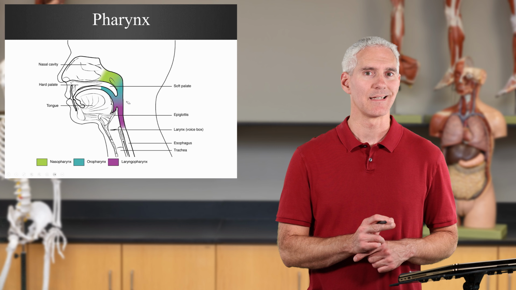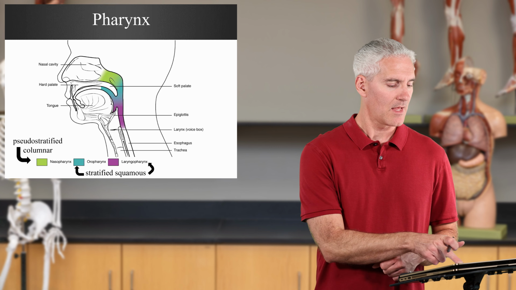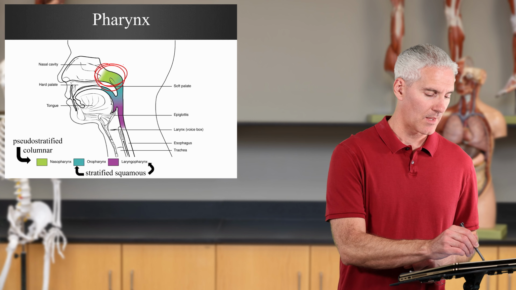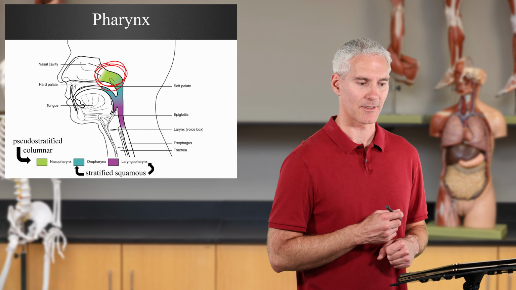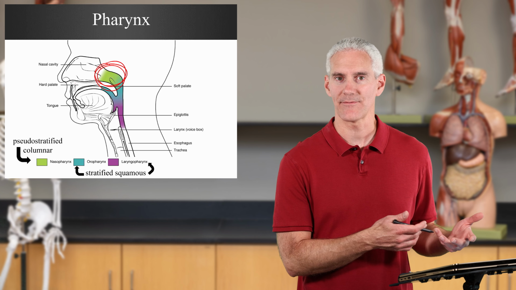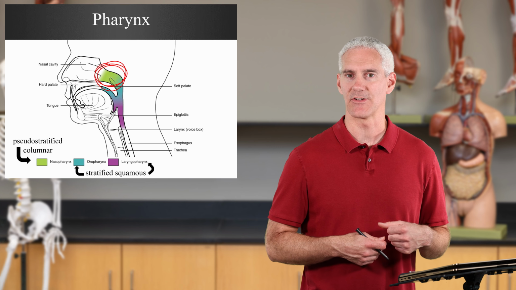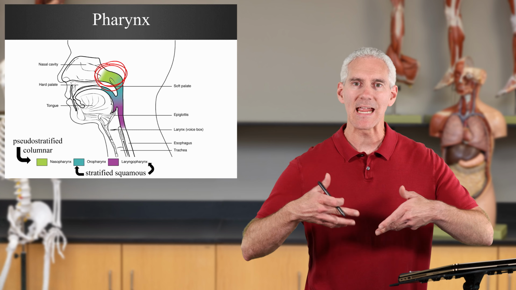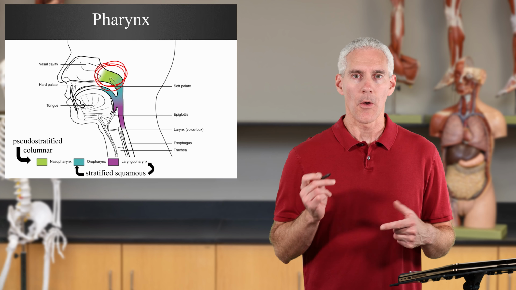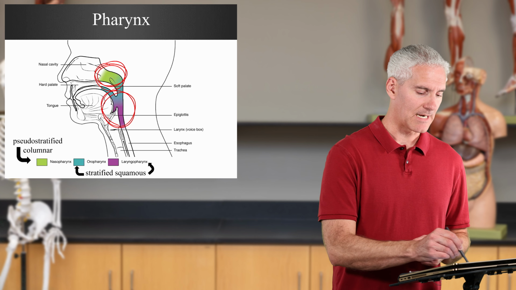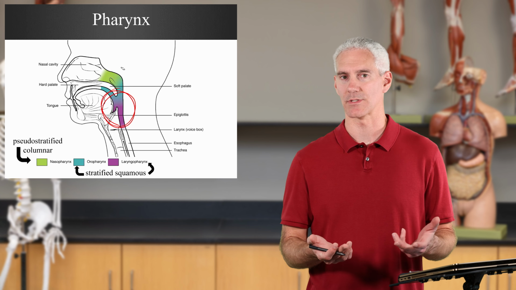But keep in mind the tissues present. What's the lining of all these? If you're looking at the top, this up top is all pseudostratified columnar. Why is it pseudostratified columnar epithelium? It doesn't need to be protective multi-layers. The air you're inhaling, is it sharp? No, it's air. But if you move down then, down to that area that has the stratified squamous, both the